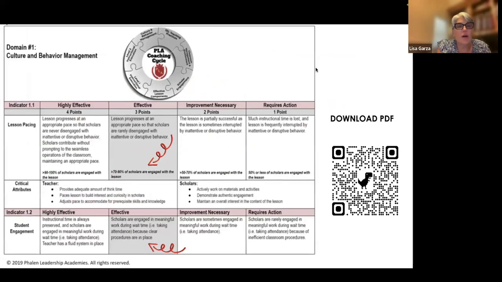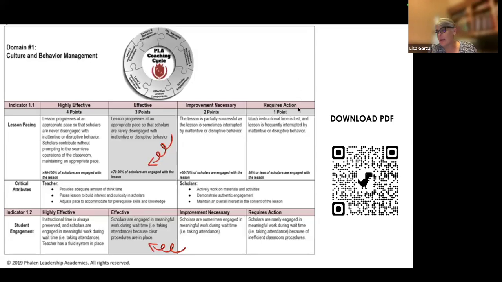Here's an example of what the rubric can look like. One of the resources you'll have is a link to this rubric, because it's important that you learn what this rubric entails, so that you are prepared to understand what your coach is looking for. This is an example of domain 1, culture and behavior management. If you look at the rubric, there are several indicators. Each domain has 8 indicators. Right now, you can see indicator 1.1 and indicator 1.2. There are 4 different